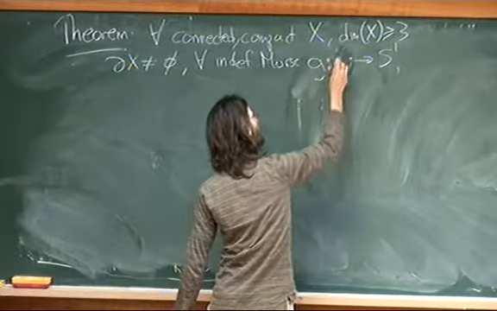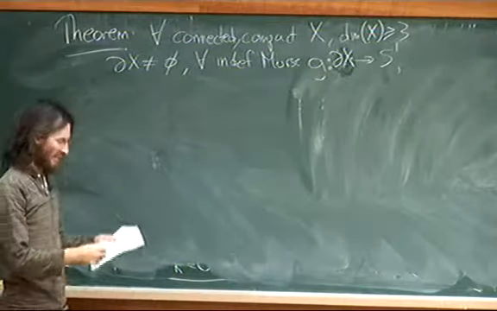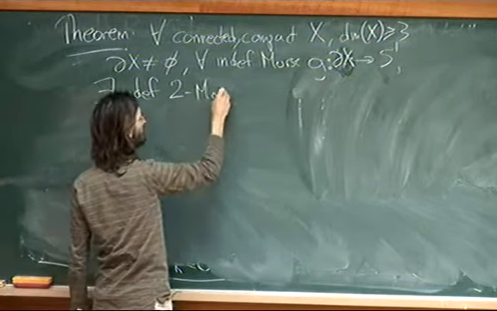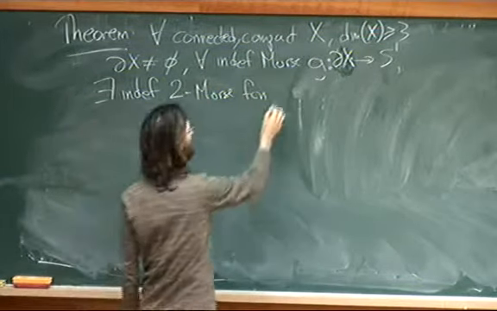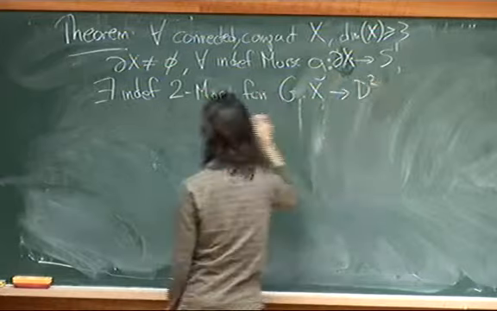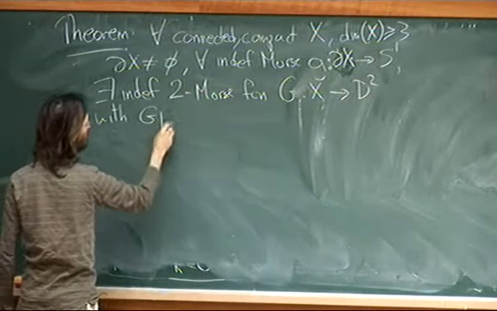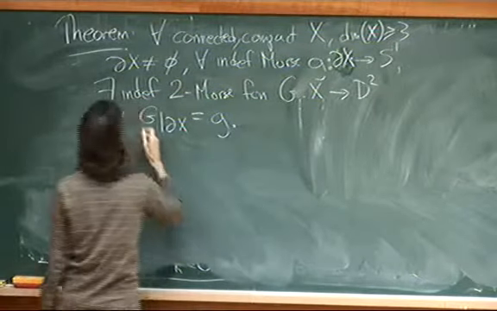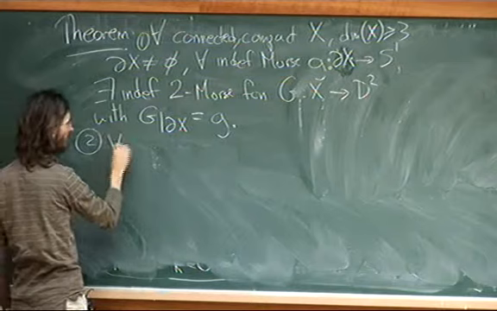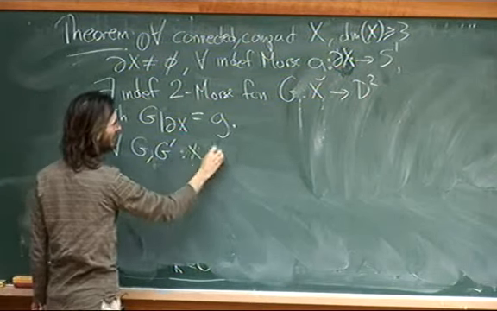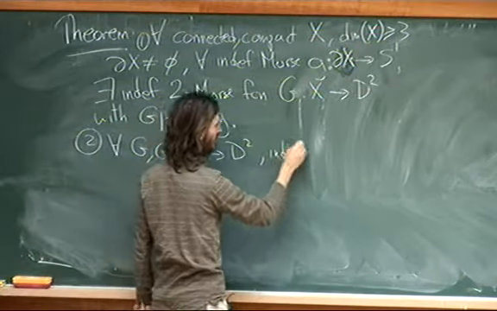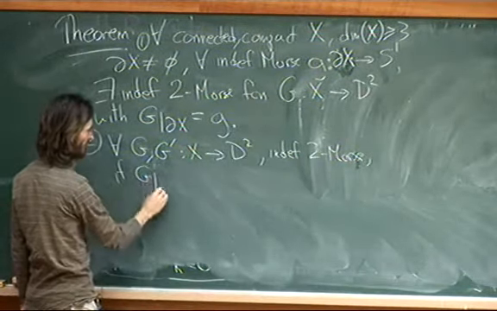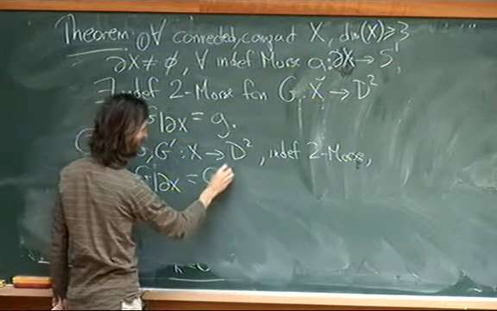Sorry, g from boundary X. Okay. There exists an indefinite 2-Morse function, capital G from X to the disk, with capital G restricted to the boundary of X equal to little g. That's part 1, and then part 2 says that given g and g prime from X to the disk, which are both indefinite 2-Morse functions, suppose that g restricted to the boundary of X is equal to g prime restricted to the boundary of X,